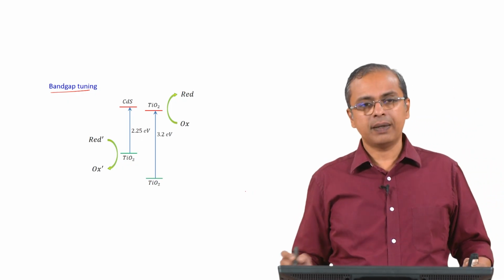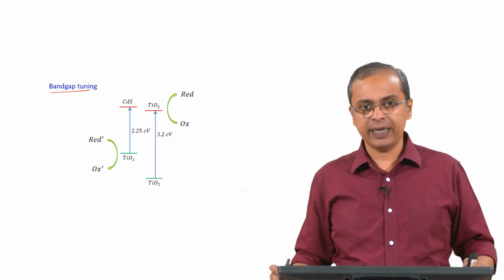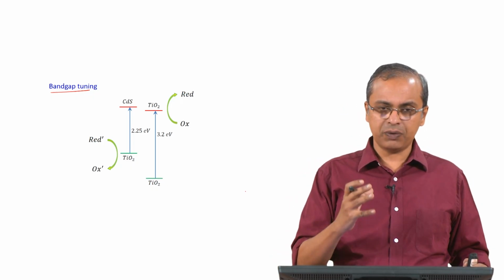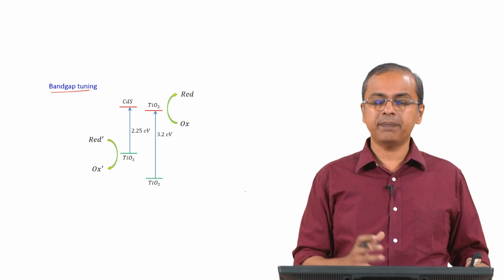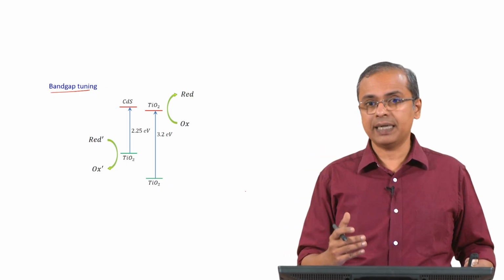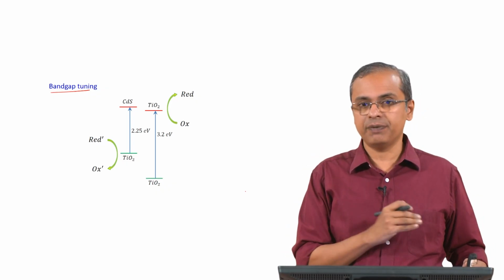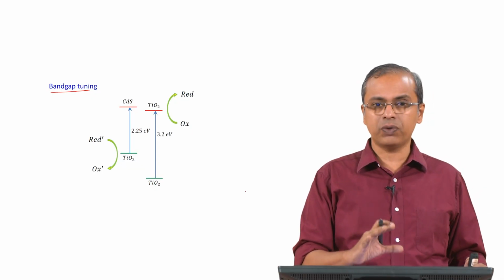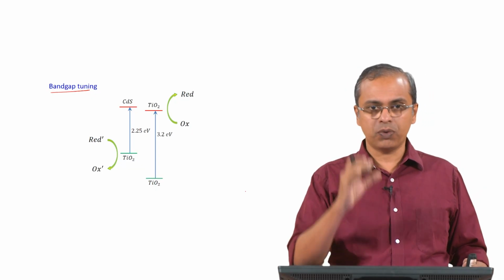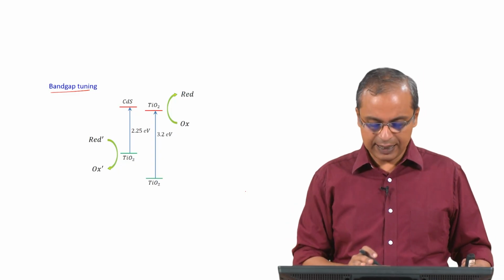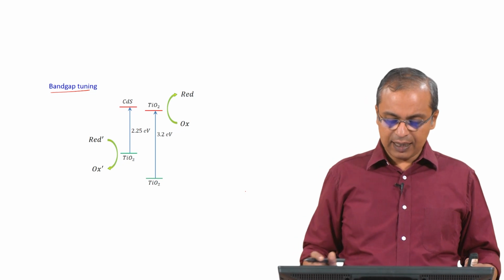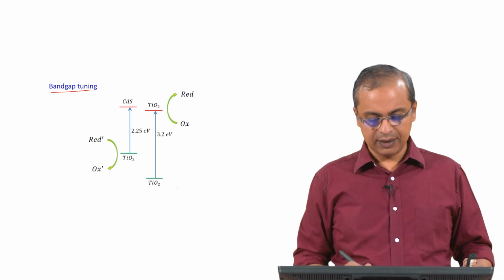So, let us say you have CdS in addition to TiO2. Now this is a little bit tricky, because there are a number of things that we have to consider. We have to consider what kind of contact there is between them, and how those band gaps line up, because typically Fermi energy will be used to figure out how they line up. So, there are issues associated with this which we have to look at a little more carefully. But assuming we have looked at all that, and this is the situation we have, then when you do the transition,